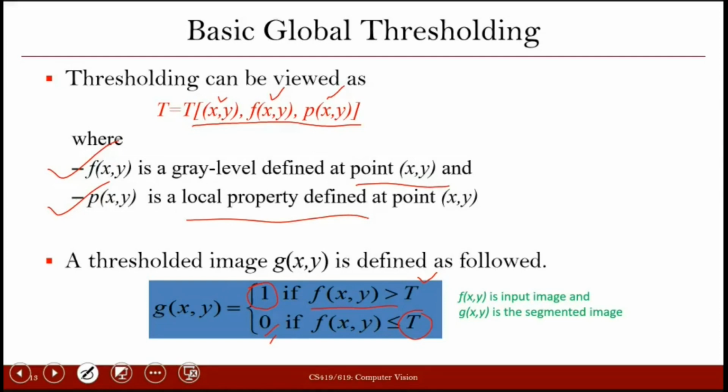But 1 and 0 are just two labels. We can use any value. Let's say for one segment we use 200, and for the other segment we use 100. Any value we can choose to represent the segments.